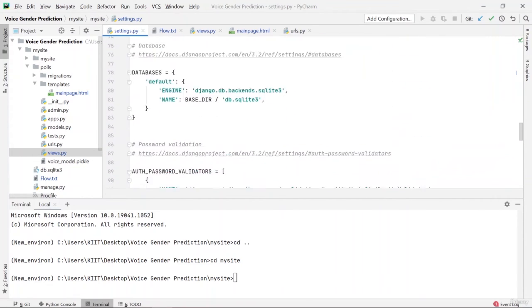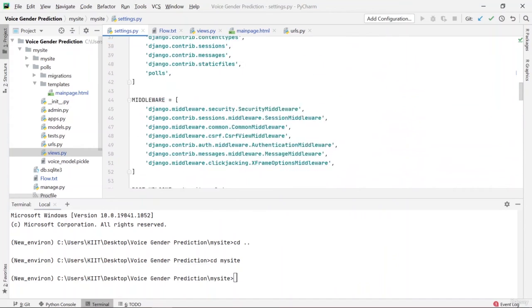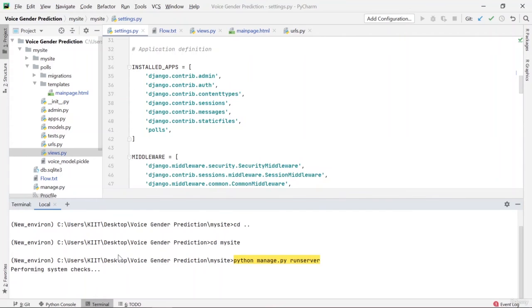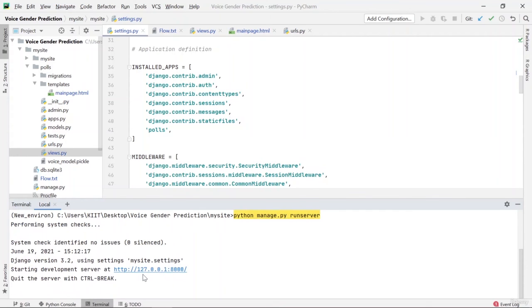So with this, I would like to conclude the second part, that is about the Django framework and the web application that we have built. The last thing that I would like to tell you about is, if I run the command python manage.py runserver, your code would start running locally.